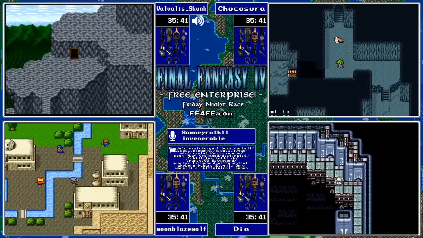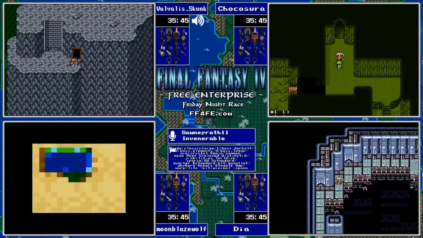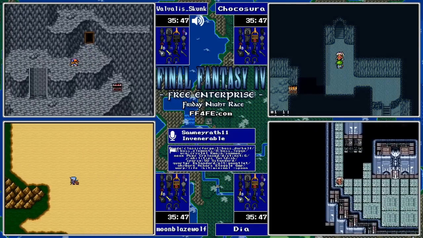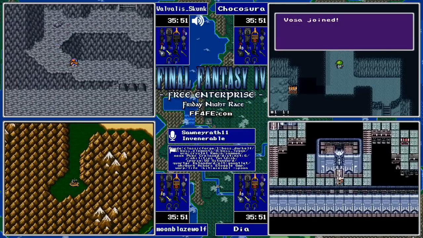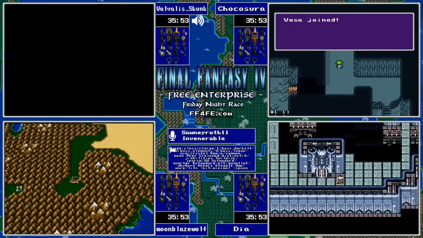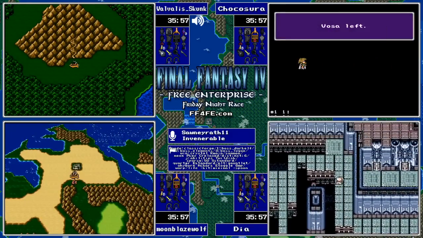Let's see here. Chokosura finally seeing this other Rosa. Wonder if he'll stack up on white mages. Again, with the increased rarity of J items in 4.0, having extra sources of Berserk can be very nice. Absolutely, and